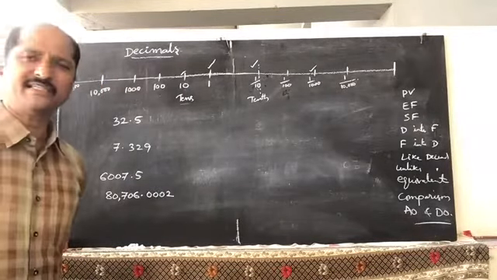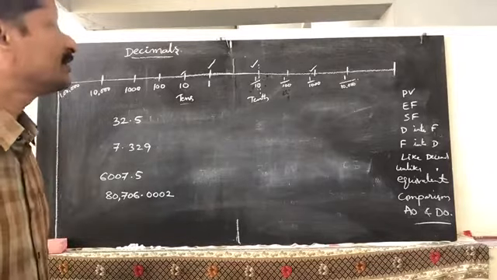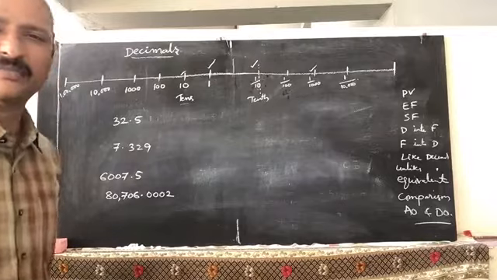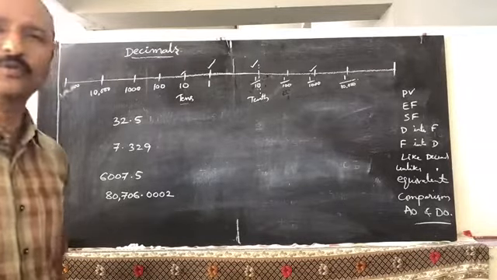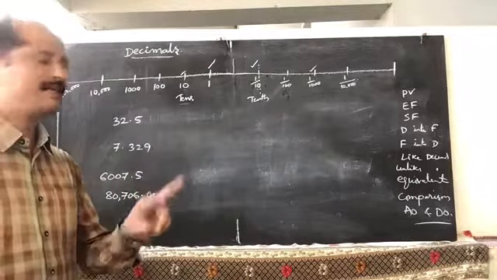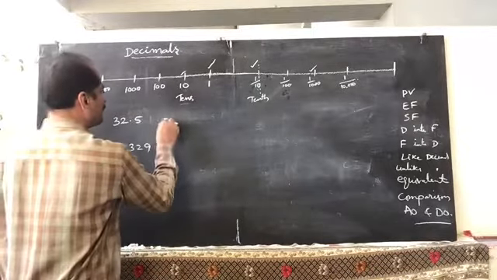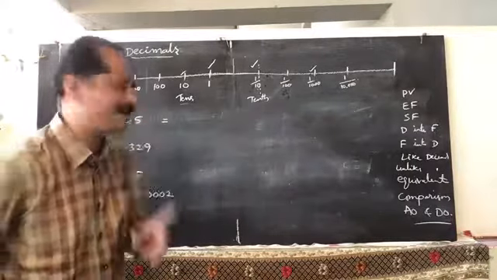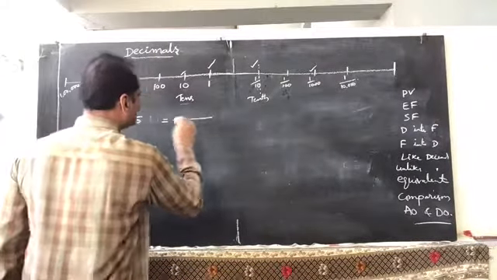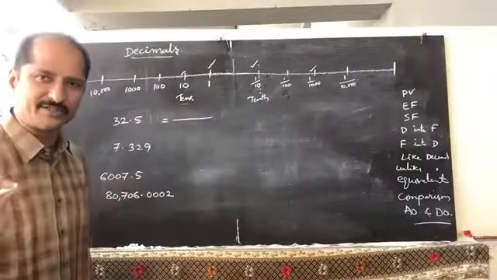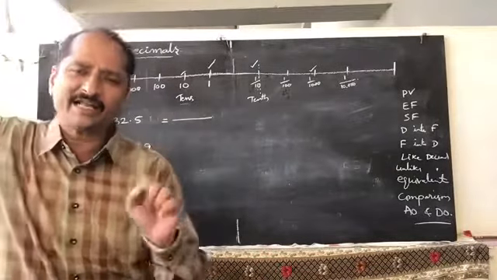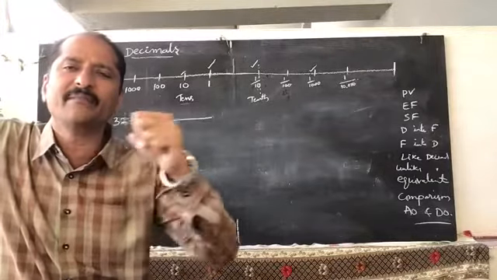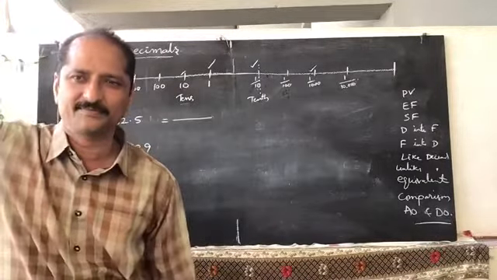Now we should convert these decimals into fractions. Whenever you are converting a decimal into a fraction, remember only 2 points. The first point is remove the decimal point. We have to write down the fraction for this. A fraction contains a numerator and a denominator. So what will be the numerator and what will be the denominator, you have to remember. Remove the decimal point and write the number in the numerator.